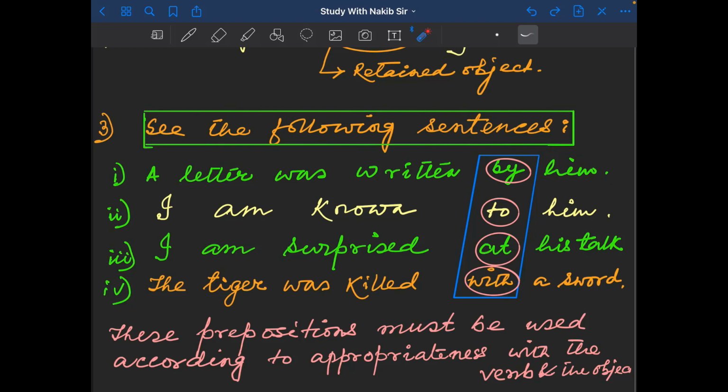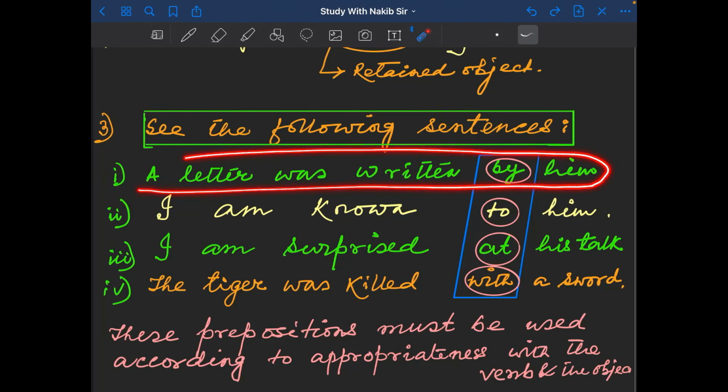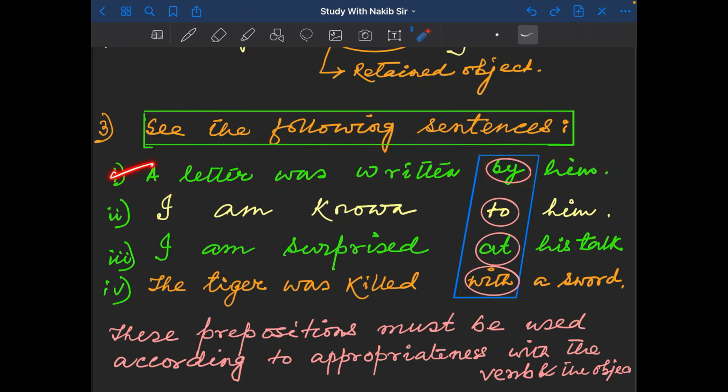Many other prepositions can be used here according to the relation between the verb and the object. See the sentence and your concept will be clear. See the first voice: a letter was written by him. Here "by" is used. It is the passive voice, a letter was written by him. But the next one you see: I am known